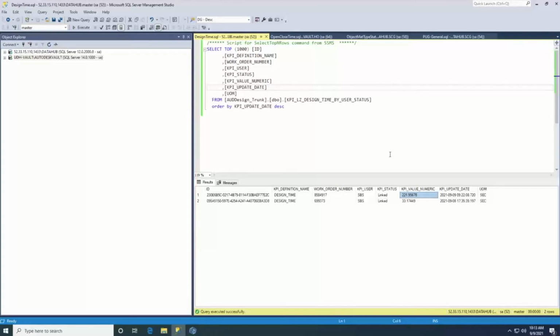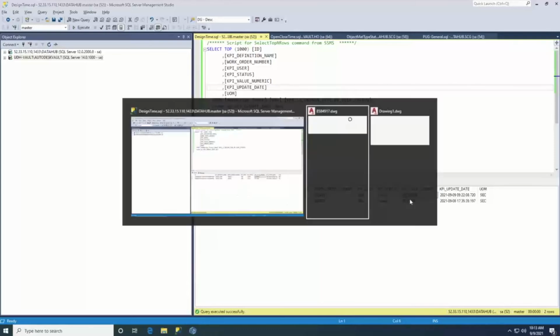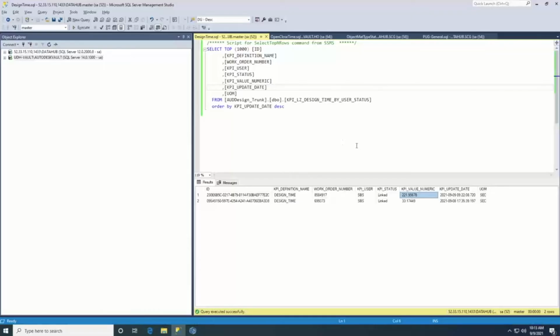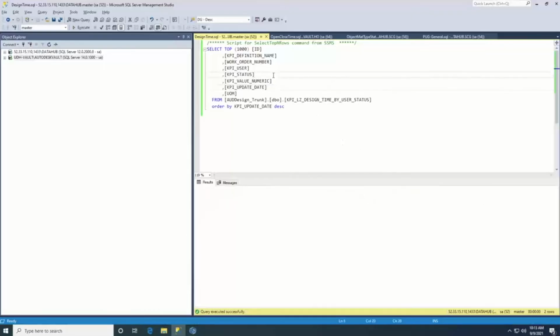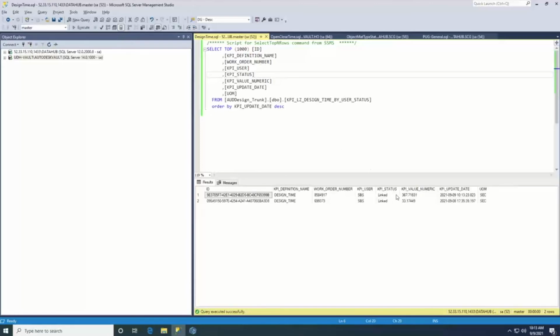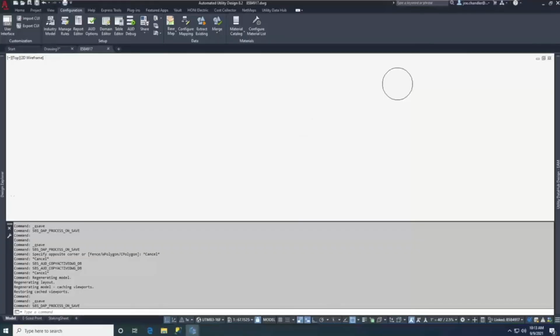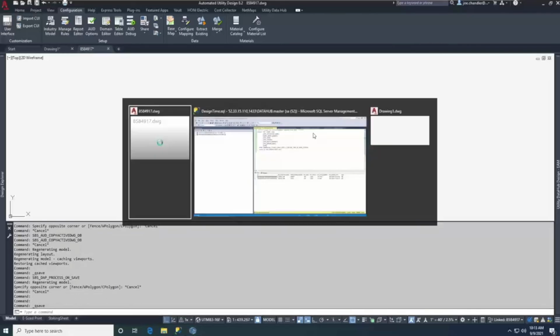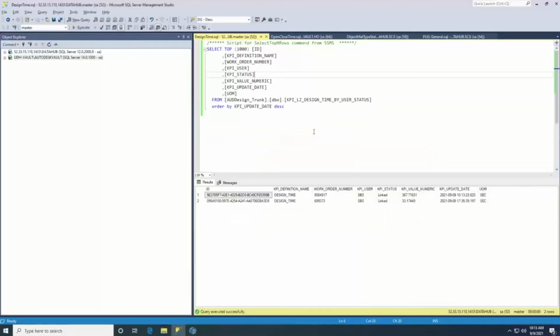So for example, you can see that this is 221. If I go back into AUD and save this drawing right now, that 221 should jump up a few seconds. Yeah, so now it's at 367. And again, if I'm clicking in here on my mouse and saving it again, that design time